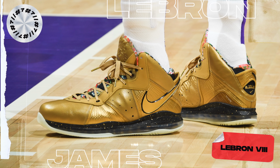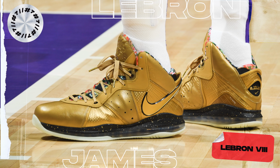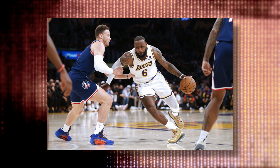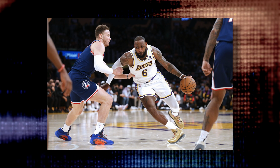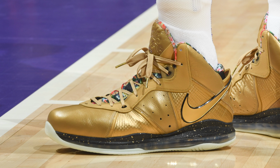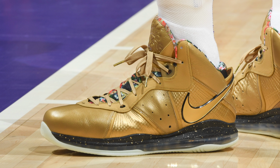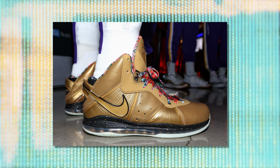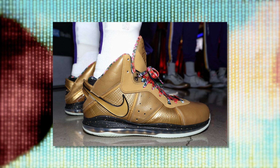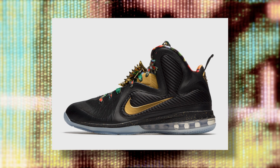Coming in at number 7, we have LeBron James with a new colorway of the LeBron 8. During his Christmas Day game, LBJ rocks this metallic gold colorway, which features a black midsole with gold speckles, as well as a pattern inner lining, which should ring some bells if you're a big LeBron sneaker fan. These are indeed an alternate take on the iconic Watch the Throne colorway, which just saw a recent retro release,